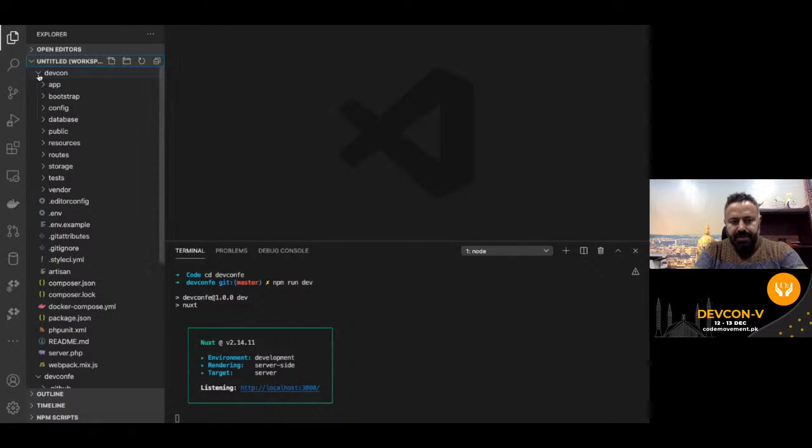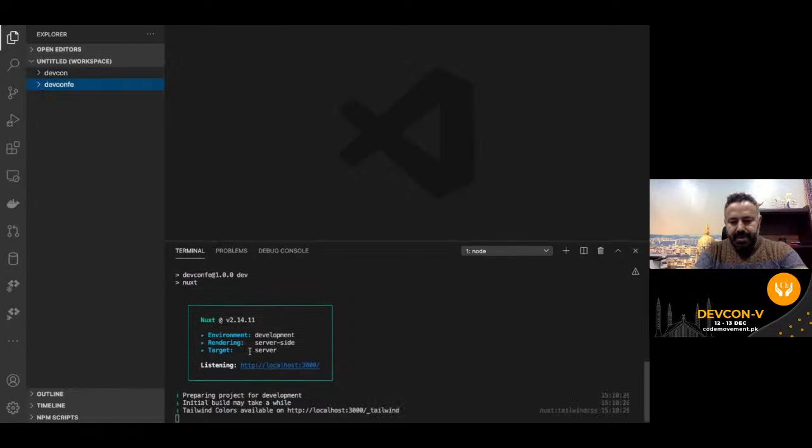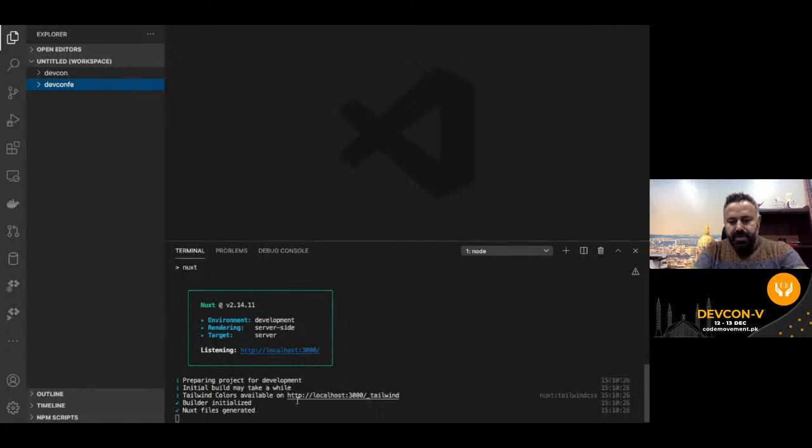All right, so we have devcon and devcon FE. Now it's compiling its files, and while it's doing that, let's go to this URL that comes ready with